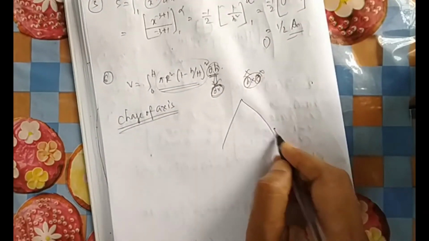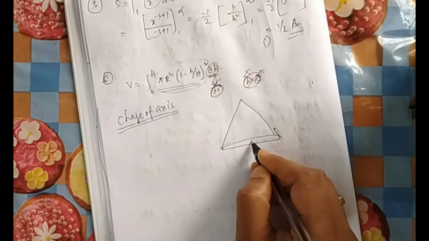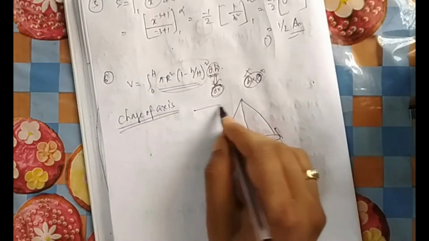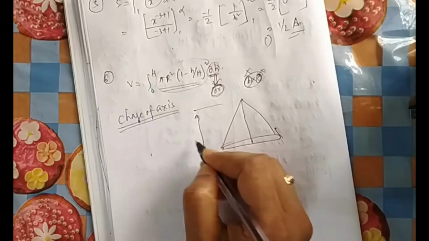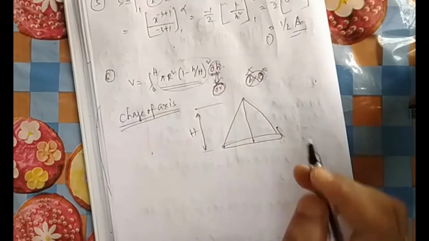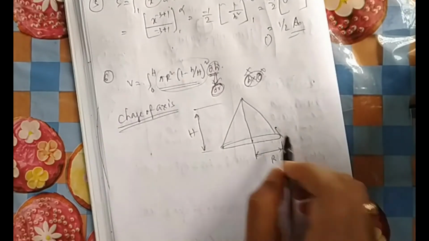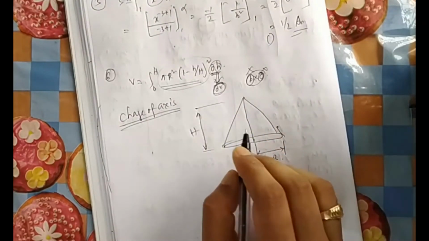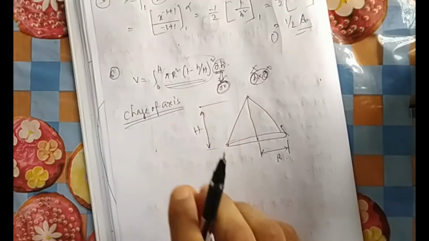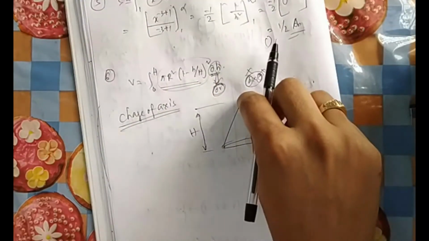So this is your cone. Okay. So what is given? First you write this height is given. This is fixed, capital H. This will not vary. This R is also fixed, capital R. Now what is dh? Dh means, going 0 to h means you are changing the heights from 0 to height.